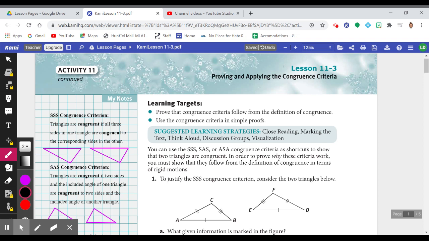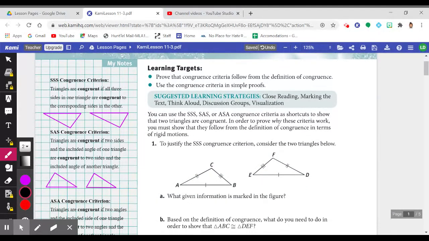Well, hello and welcome back to another exciting round of geometry. We are in lesson 11-3, proving and applying the congruence criteria. So let's take a quick look at our learning targets, and then we'll hopefully piece together what we looked at